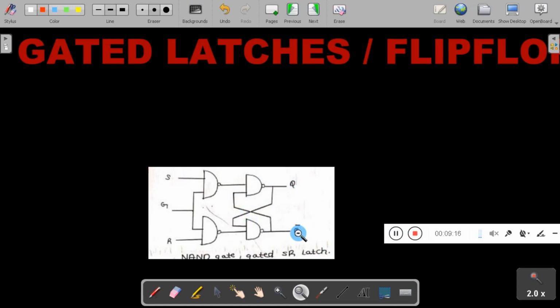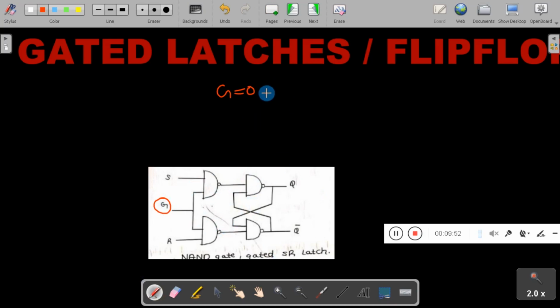But in the gated latch, we have something called a control input, here taken as G. When G is equal to 1, the latch is said to be enabled. When G is equal to 0, the latch is said to be disabled.